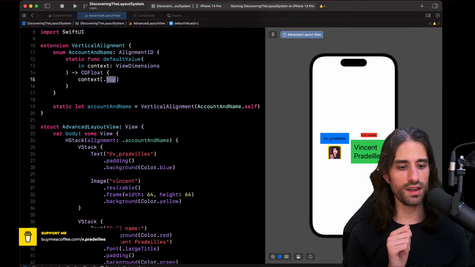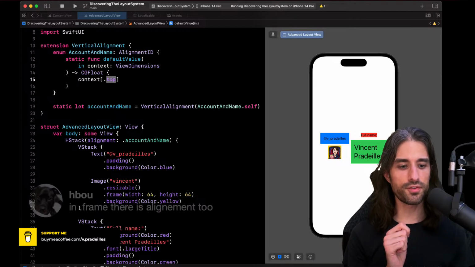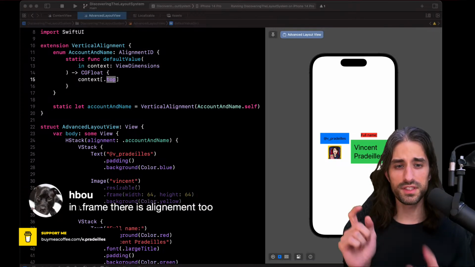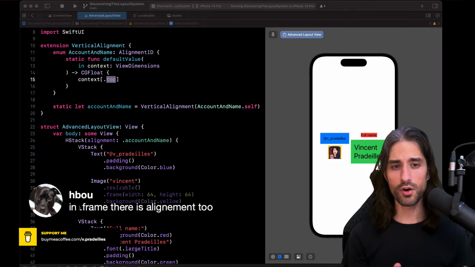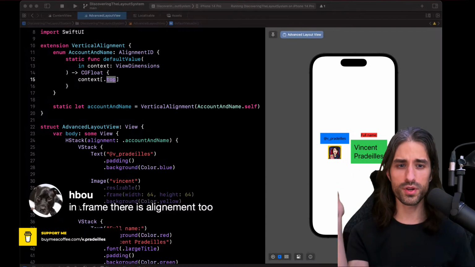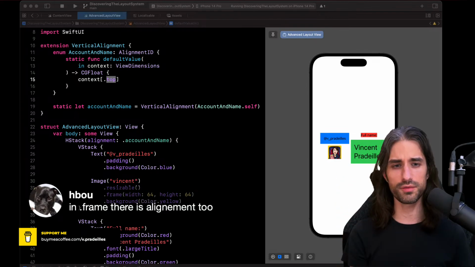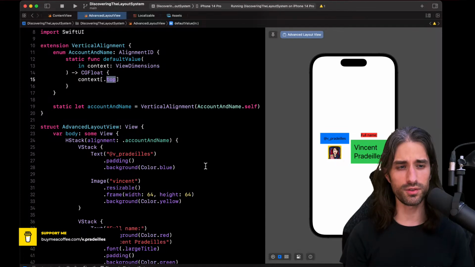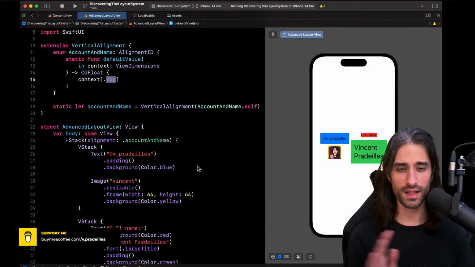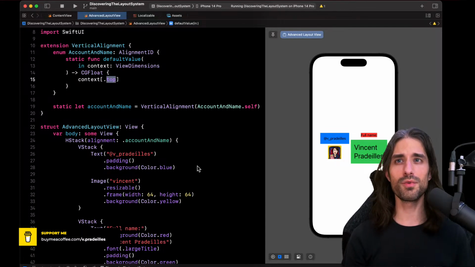Okay, and you're saying, interestingly, yes, in frame there is also an alignment, but this one will only align the content with the size that it takes. We've used it when I set max width to a text to show how we could move it from left to right to center of the screen, but indeed we can also use alignment in that context. That's a very good remark. And we are almost there.